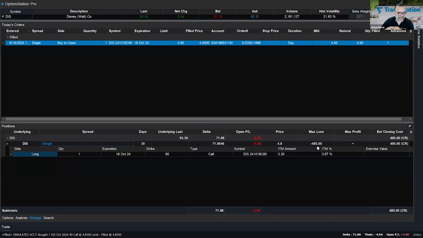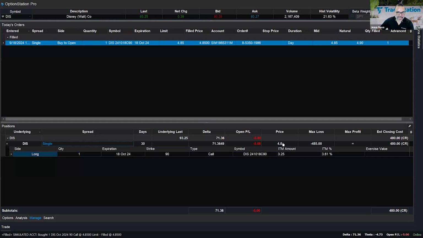Okay, Ricardo is asking why sometimes the open P&L value in OptionStation Pro is not the same as open P&L value in the Trade Manager. No big issue, just curious. It's got to be the mathematical formula that's being used. Now, the details of that mathematical formula is the question, because I believe, well, you can see that the P&L here inside of my OptionStation Pro is just looking at the price that I got in and the price that the option is being priced at the moment,